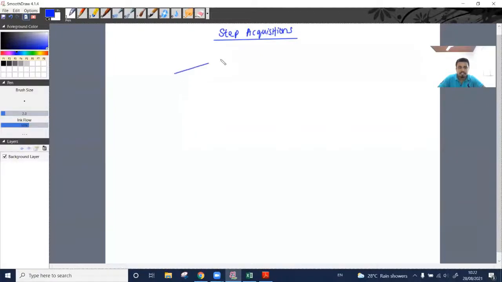Step acquisitions we can divide into two groups. One is where we achieve the control. Control is achieved. It means earlier we do not have any control, but through a further acquisition, we are going to achieve the control, right? And the other group is